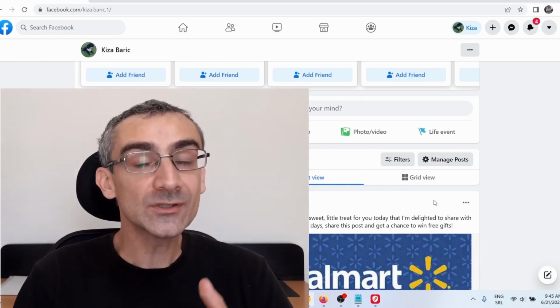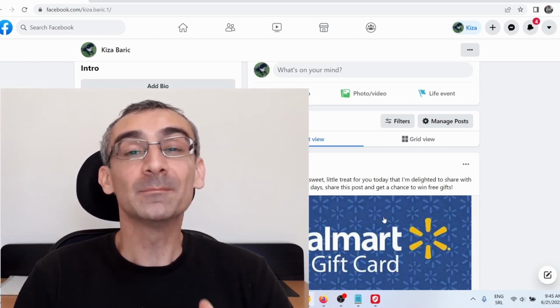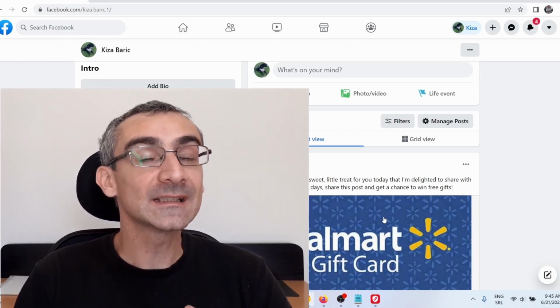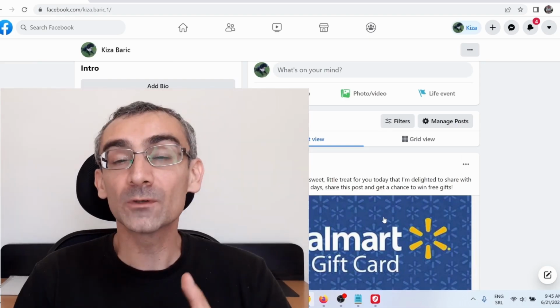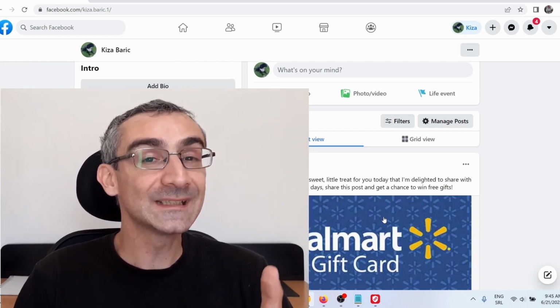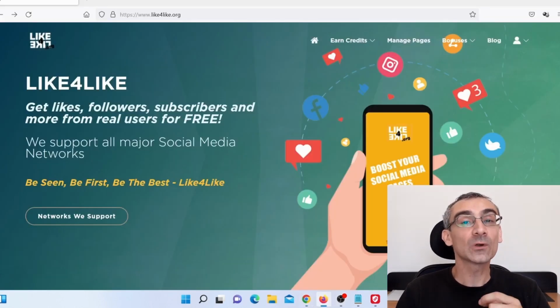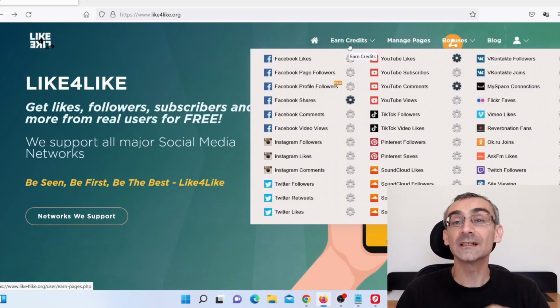Now you can go and share this post on related Facebook groups, but chances are you will be marked as a spammer, you will be blocked from those groups, and your posts will be deleted. So you probably won't get any free traffic. But what you can do is go on a website called likesforlikes.org